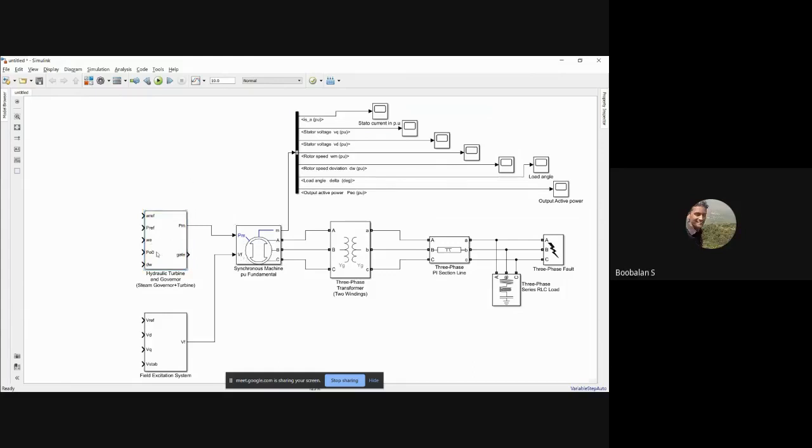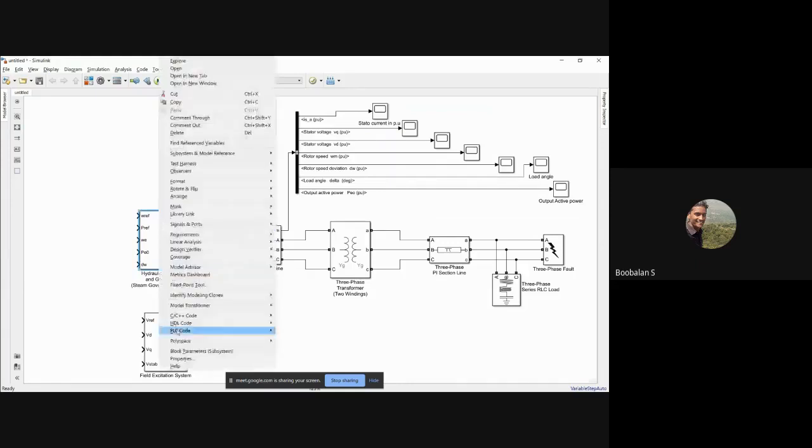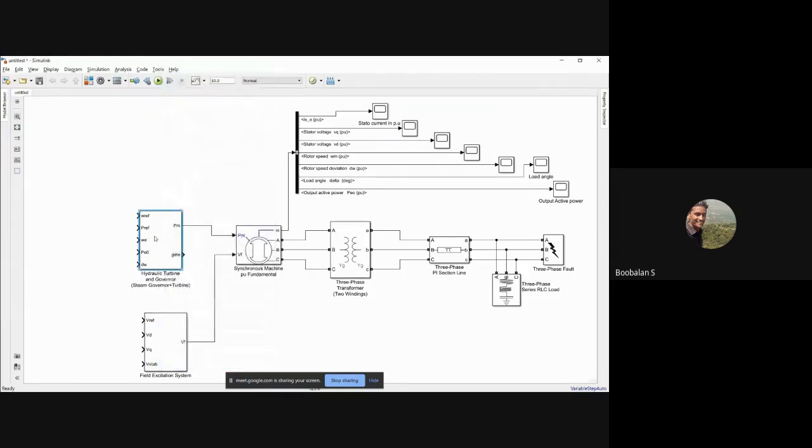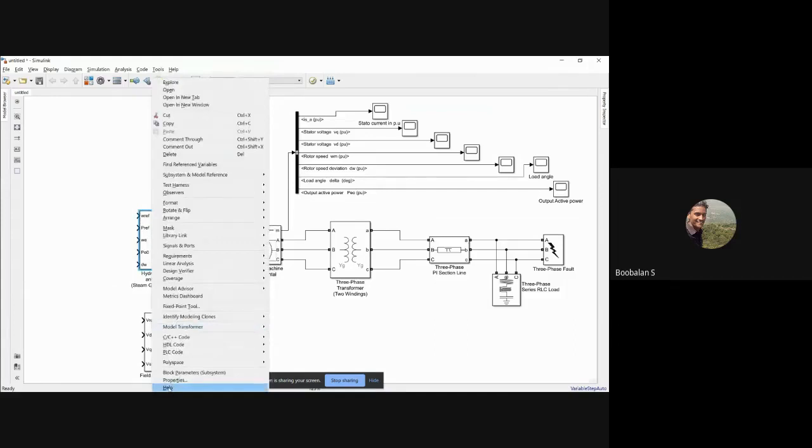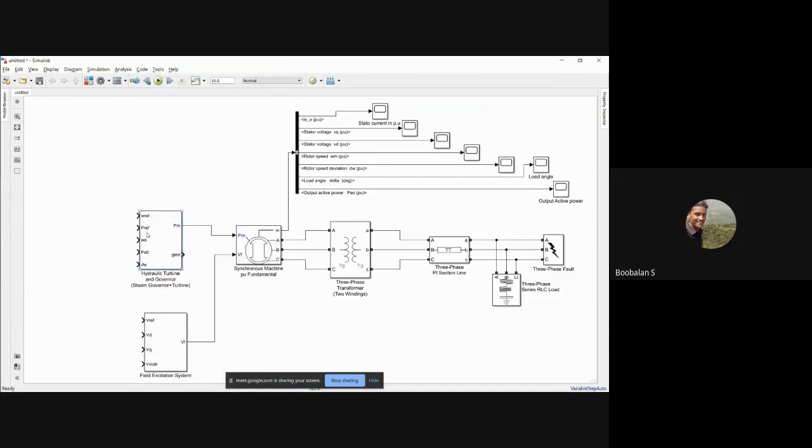But no need to worry. Here you could see I'm just going to double click on this block, right? Just right click and find help actually. Just right click on this block. No need to bring a PID controller anymore, right? The inbuilt PID controller will be available in this sub function. This is a sub mask, this is a subsystem. Inside the subsystem you are able to find it, right?